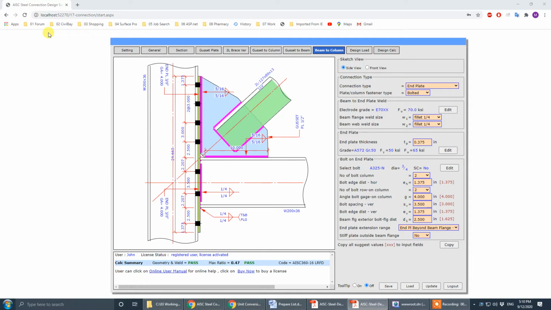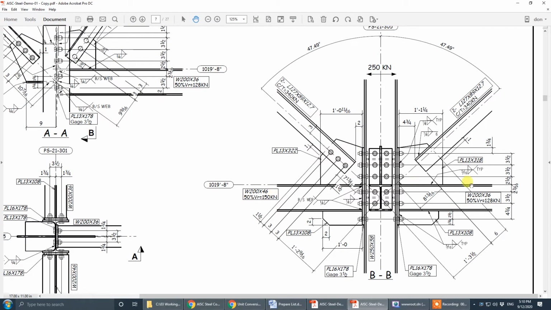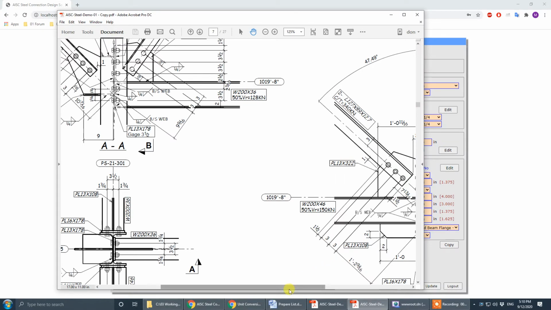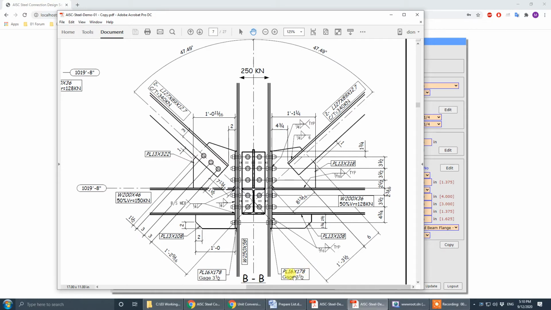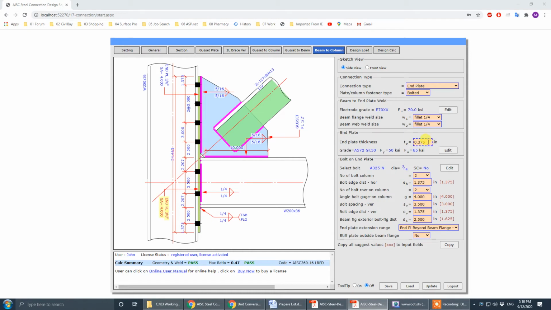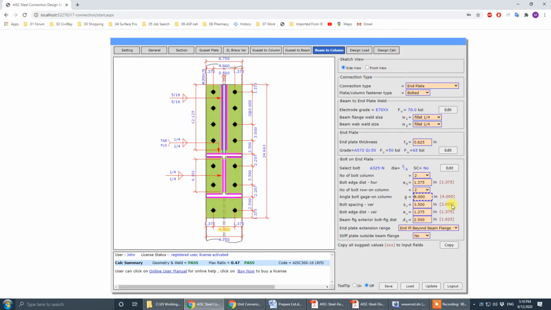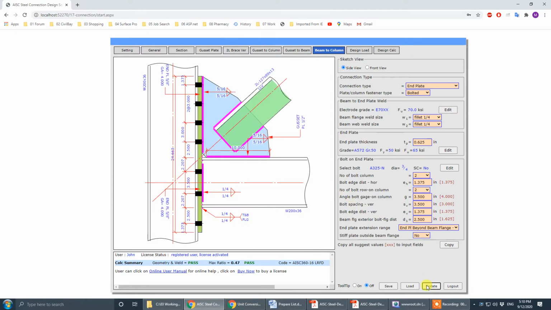so that plate thickness, the end plate thickness is 15.8, gauge 3.5. Okay, 15.8, 5/8, gauge 3.5. Okay, 3.5, update. So it's 5/8, plate 3.5, 3.5, 2.5, 2.5,